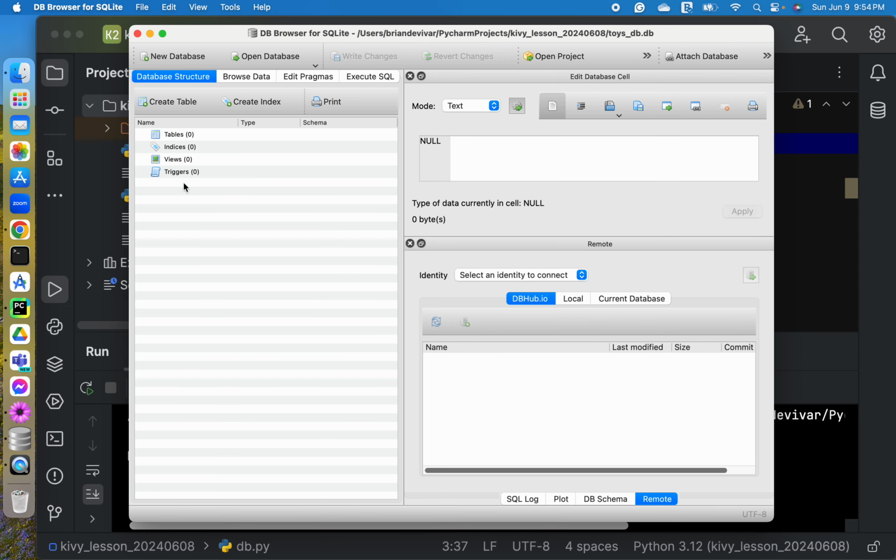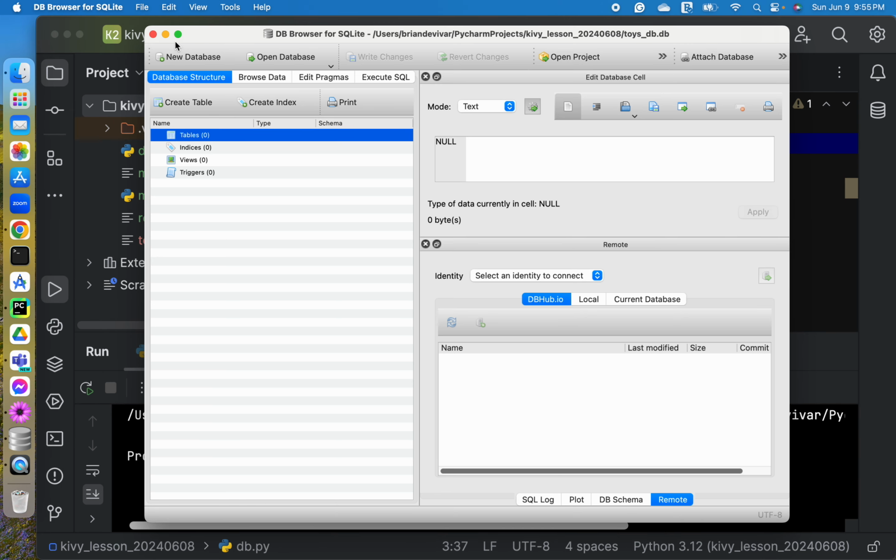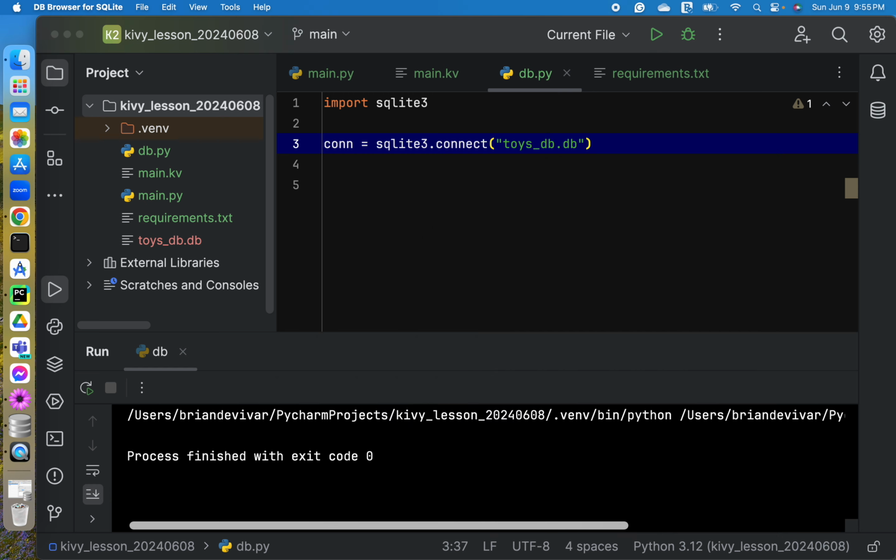Okay, so as you can see, it's an empty database. It doesn't have any tables yet, so it's zero. And I think that is the next thing that we need to do.